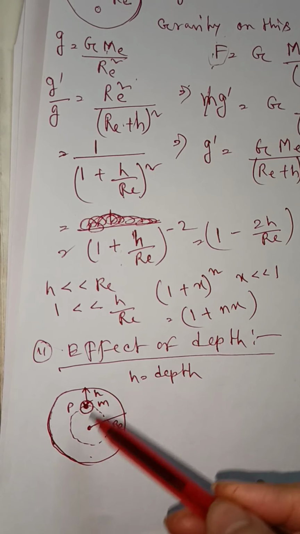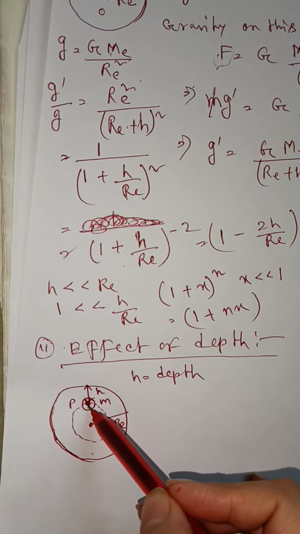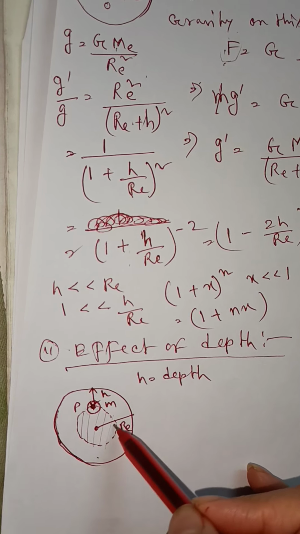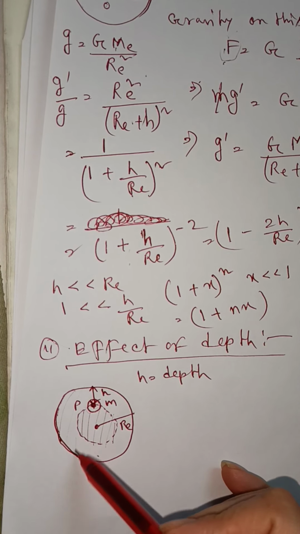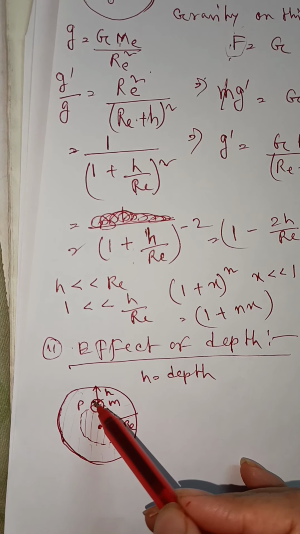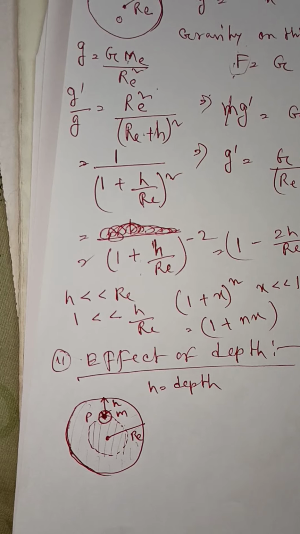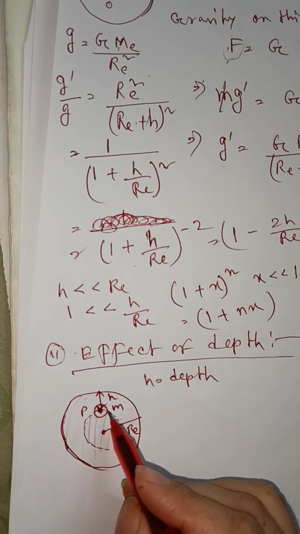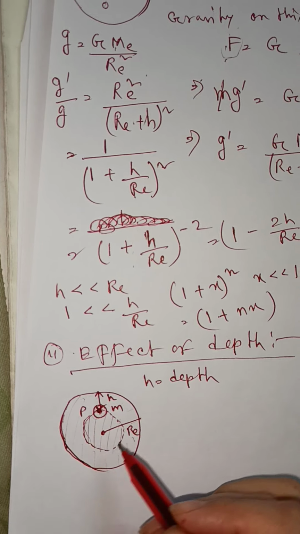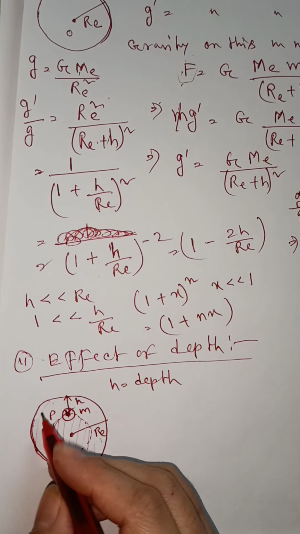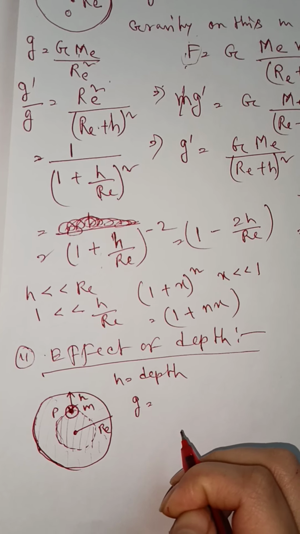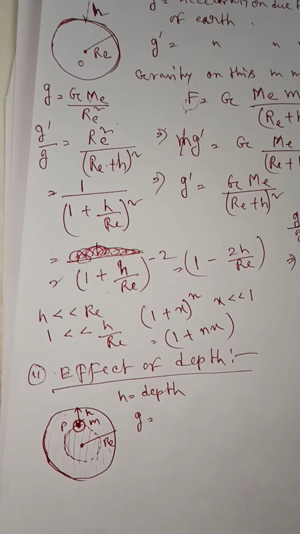So here this body, that means this M mass, experienced gravitational force due to this inner part of this earth. For the outer part, the gravitational attraction on this body will be zero. So this M mass only experienced gravitational force due to this inner shell. So first of all, if capital G equals gravitational attraction, acceleration due to gravity on the earth's surface,